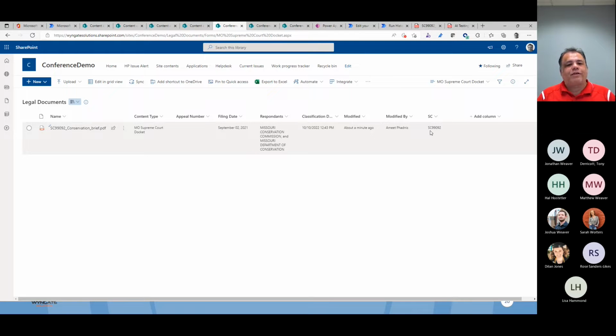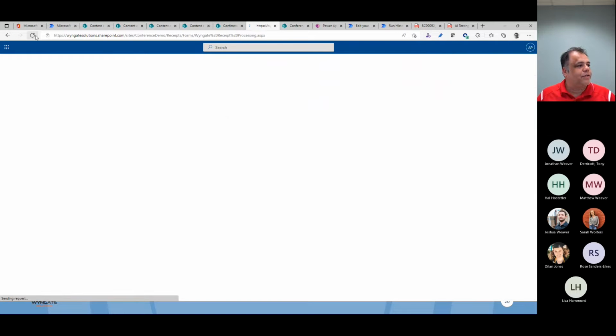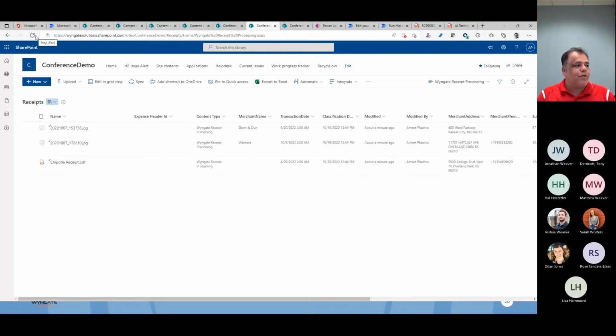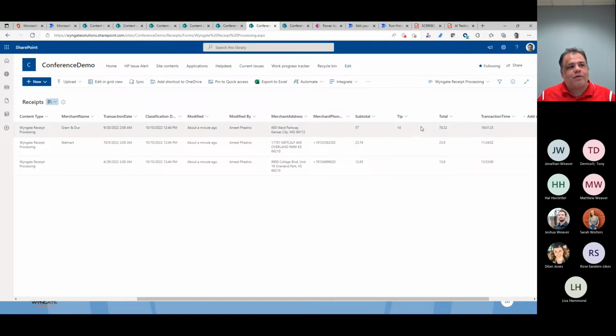A lot of information can be captured using syntax. If I go over here and refresh this one, you can see it has captured the merchant name, and I went to Walmart. It even captured the merchant address. If a phone number was listed, it will capture the phone number, the subtotal, the tip amount, and the actual